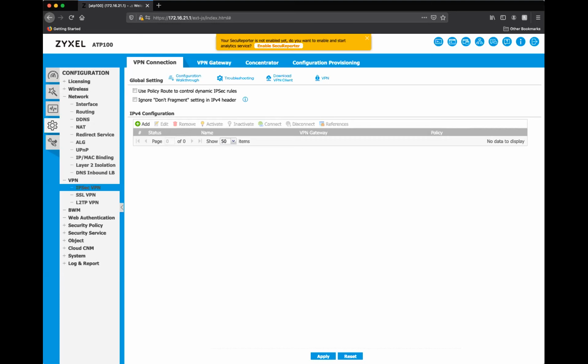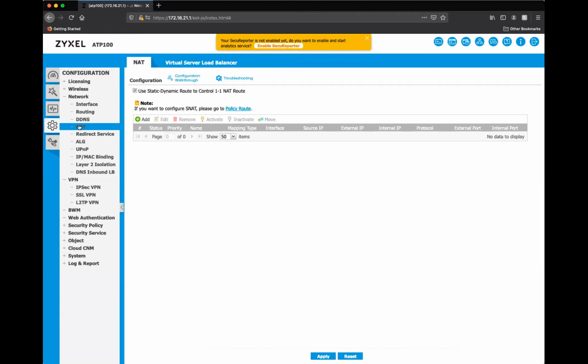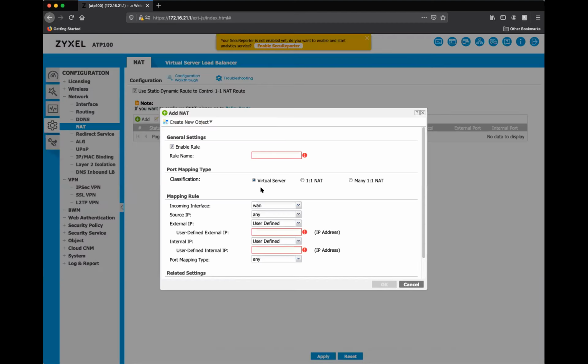Anything on NAT, virtual server, port forwarding, and policy control? I can touch on that really quick, but that's something covered in a later topic. Basically, we do have the ability to set up your port forwarding in our NAT section. We have the different types: virtual server, one-to-one, and many-to-one. Your virtual server is your basic port forwarding, and your one-to-one NAT is when you want to